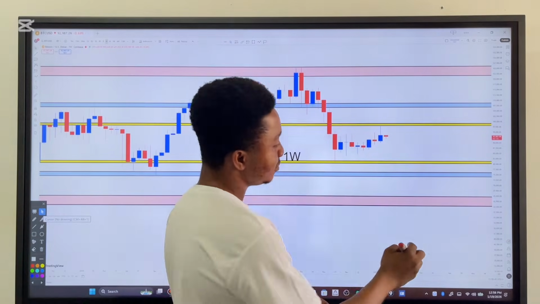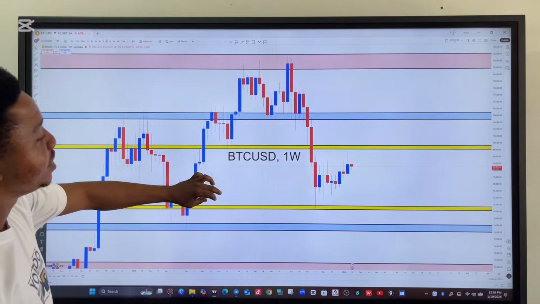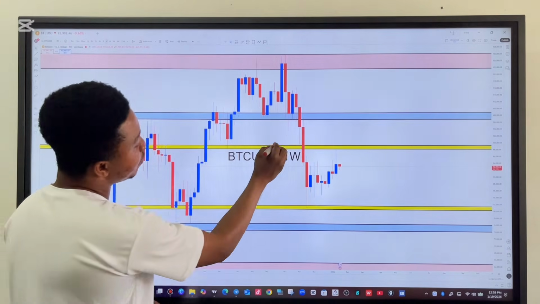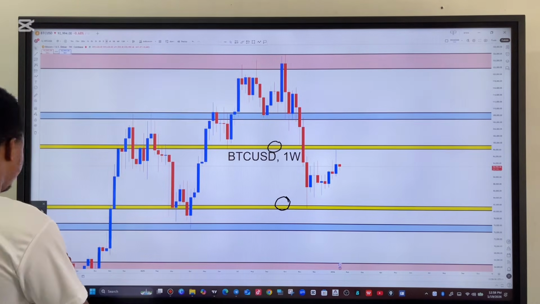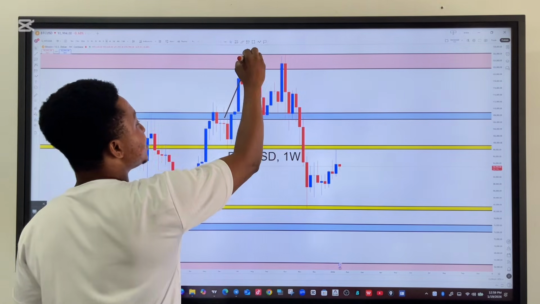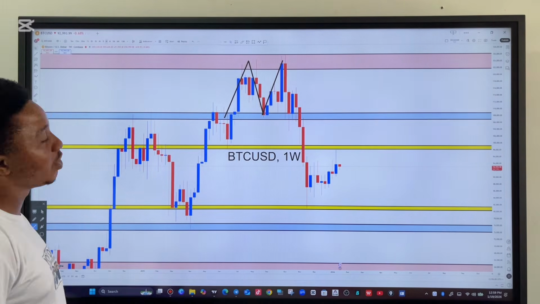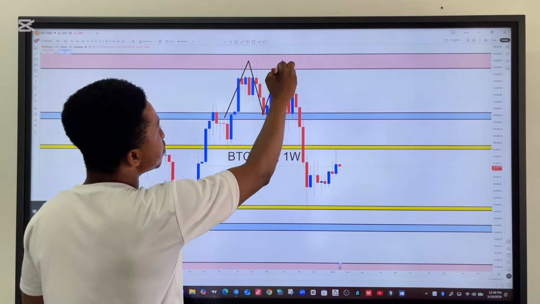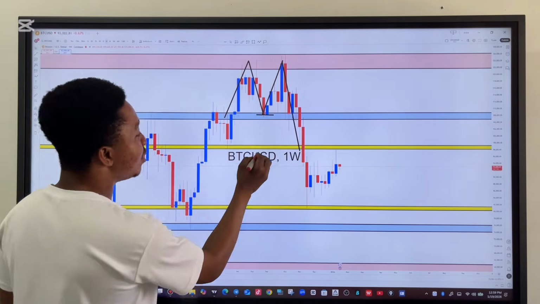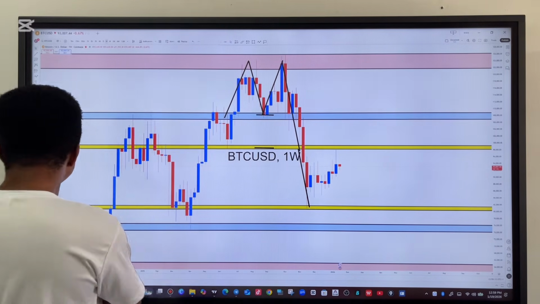All right, so this is also the weekly time frame of BTCUSD. Let's put meaning into the weekly. We have the weekly upper and the weekly lower zone. Price was able to create a double top here on the weekly time frame. Well, now what is a double top? It is a reversal formation or a reversal pattern. Now after this double top, sellers broke below the neckline of the double top, went ahead to break below the support level of the weekly, also to the downside, giving us